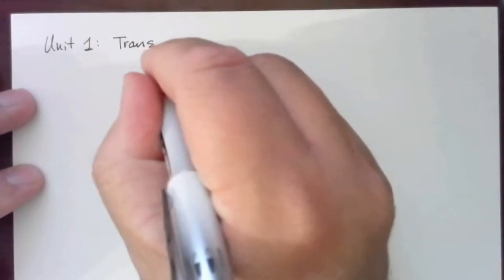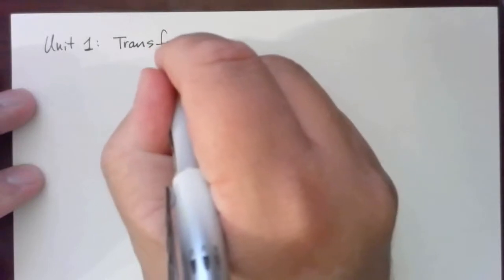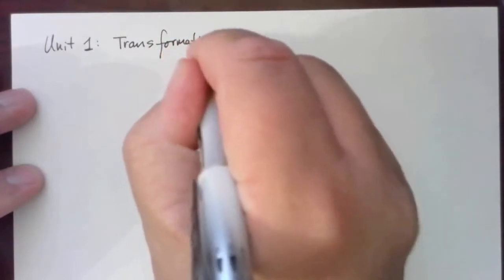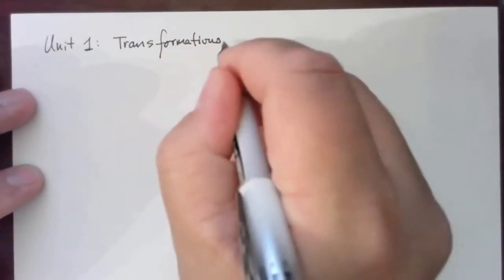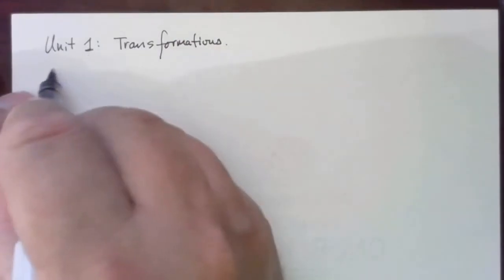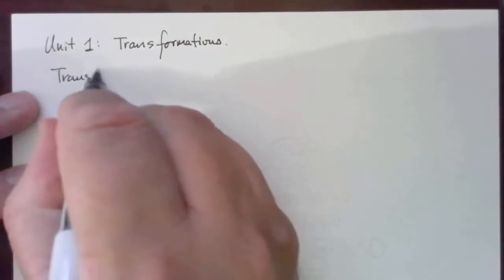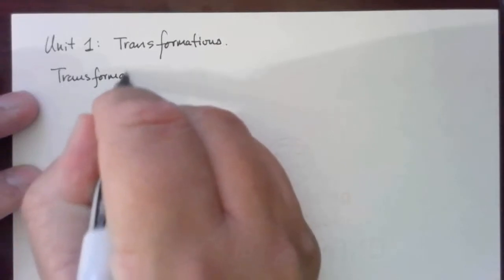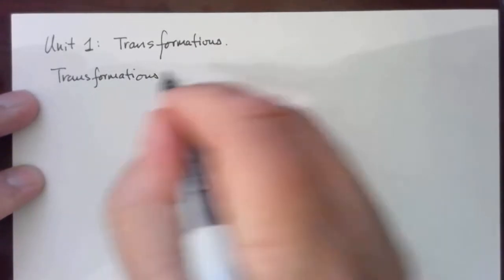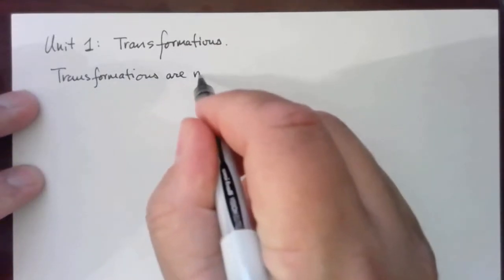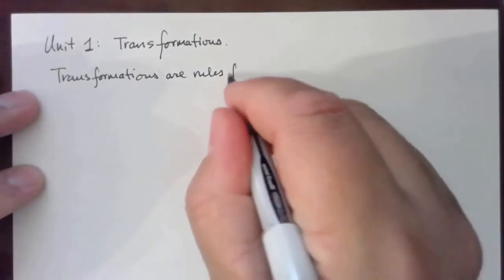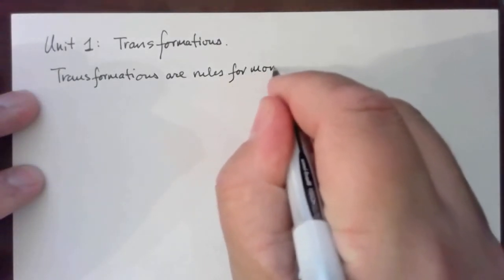So this first video, we're going to learn about translations. But first, let me summarize what the unit's going to be about. This first unit is about transformations, particularly transformations in the plane. And all that transformations are is they are rules for moving points and moving shapes around in the plane,